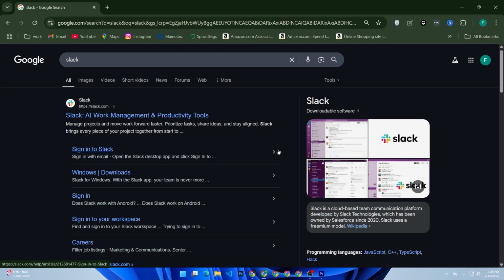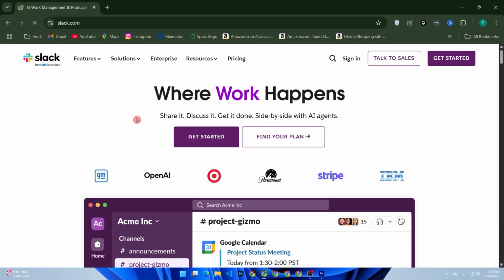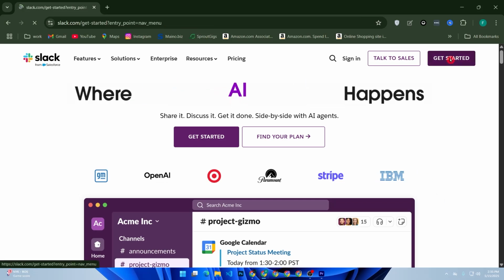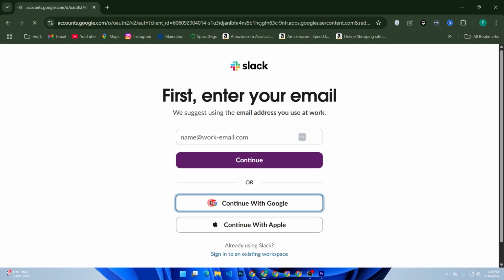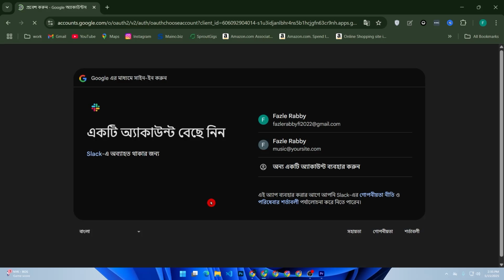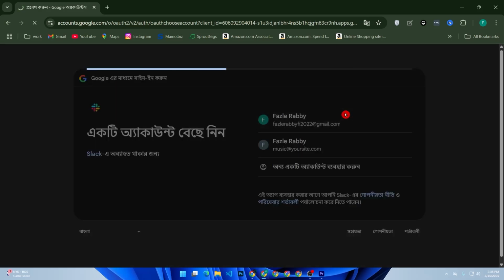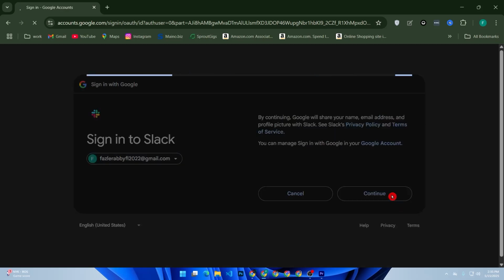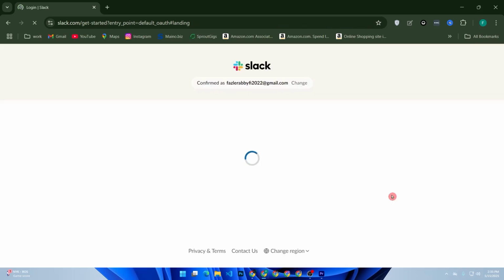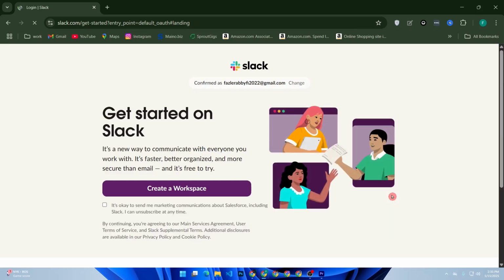Now go to slack.com and click Get Started. Sign up with your email or continue with your Google account. You can create a new workspace or join an existing one via invite link or email. Just click create a workspace